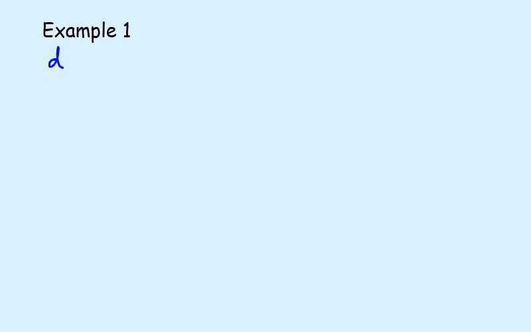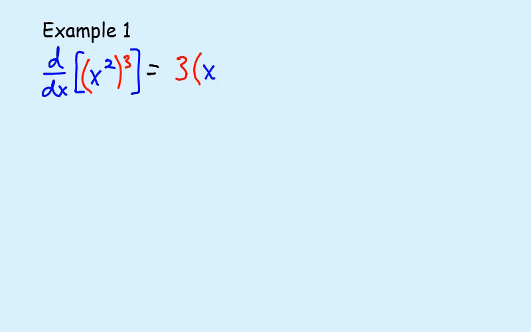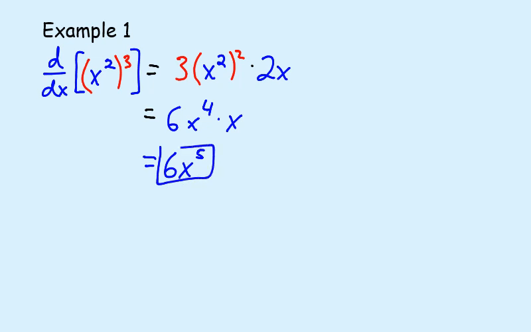So the first example is really simple. It's just d/dx of (x squared) to the third power. Now we could multiply this and make it x to the sixth power, and that would make it really simple, but just go with me on this. So take the derivative of the outside first, so move the 3 exponent out in front, leave the inside there, and then I drop the 3 exponent by 1. Then I multiply by the 2x on the outside. Okay, and this is just cleaning it up,